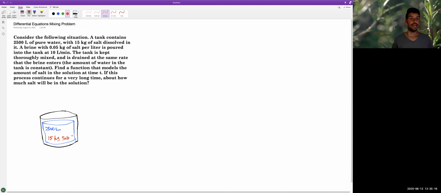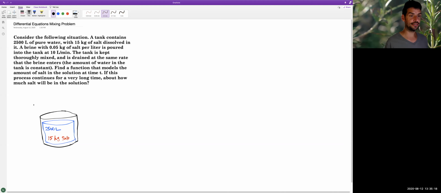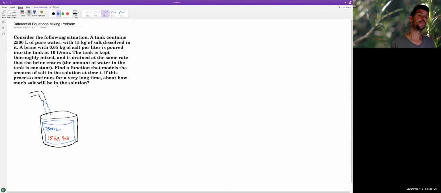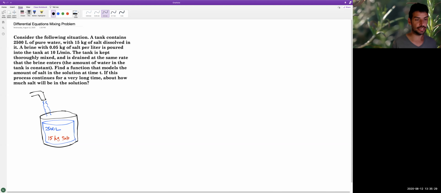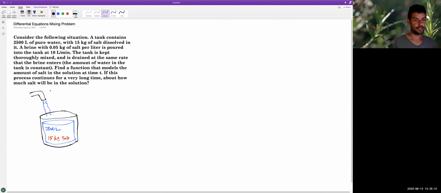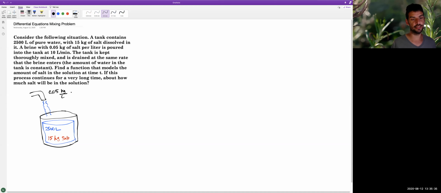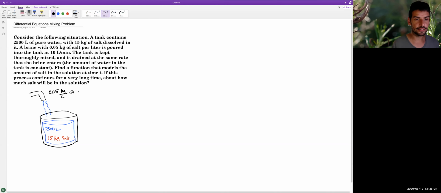Okay, and then we've got some water flowing in. All right, so there's flow in, and the water flowing in has 0.05 kilograms per liter at, what did we say, 10 liters per minute,